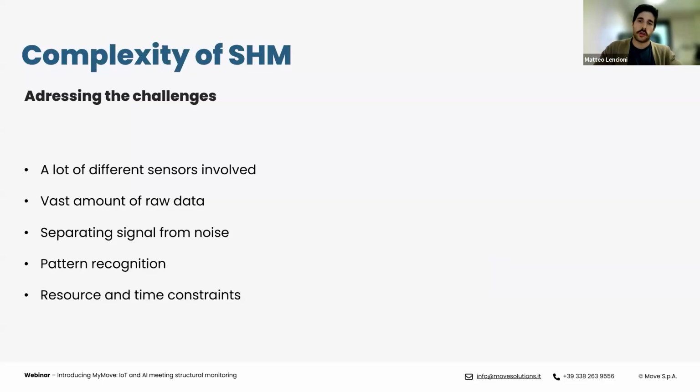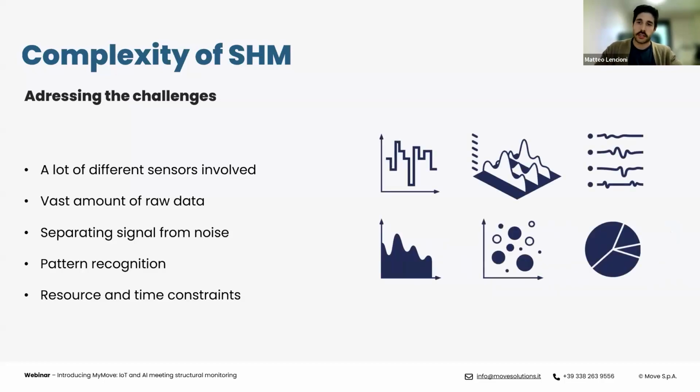Today we'll quickly go over the challenges related to managing monitoring projects, what our customers need from an IoT platform, and as a consequence of that, the solution that we propose. I'll show you MyMove, the way it looks at this moment in time, and then I'll share with you a pipeline to give you an understanding of what's coming. So let's start from